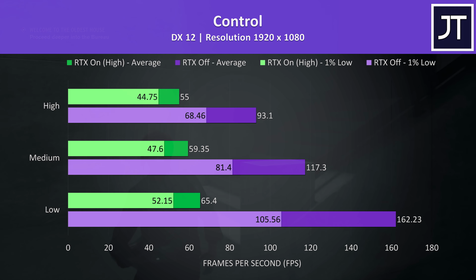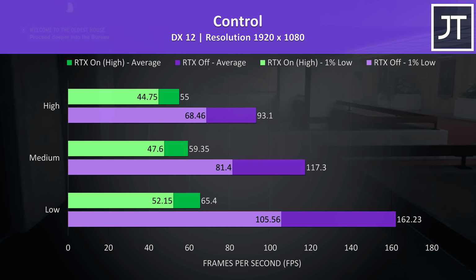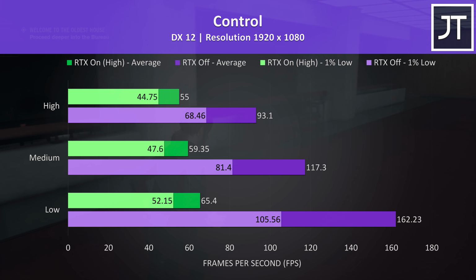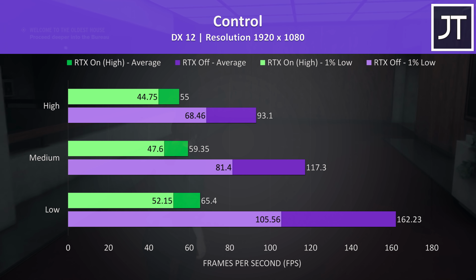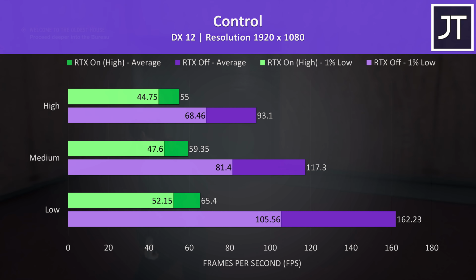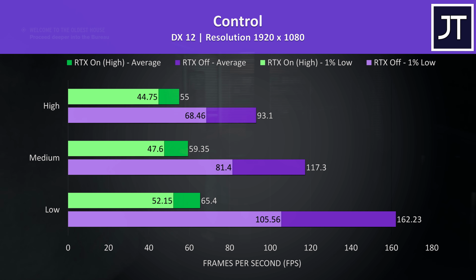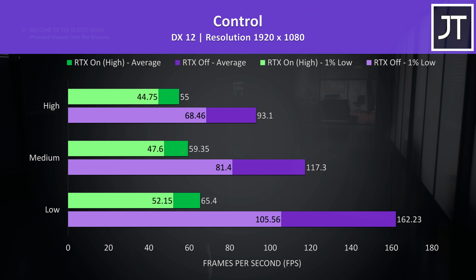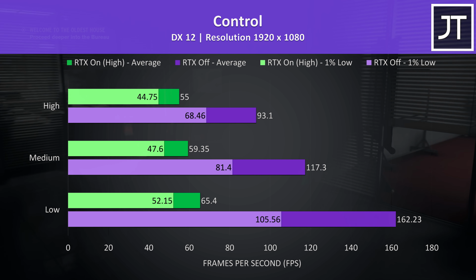Control was tested by running through the start of the game, and again I've tested both RTX on in green and RTX off in purple. Despite using the highest RTX settings available, it was still pretty playable, with medium settings almost averaging 60 FPS. Although RTX does actually look quite nice in this game, I found the higher FPS from RTX off much better